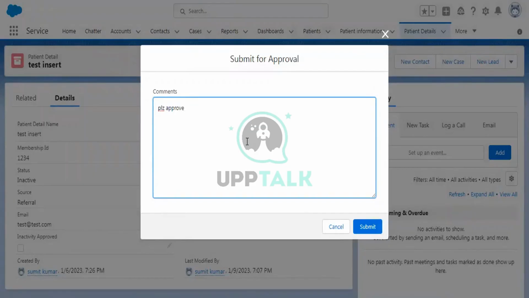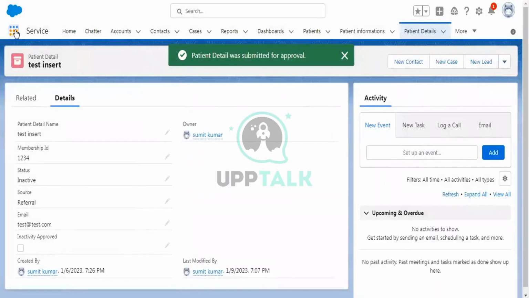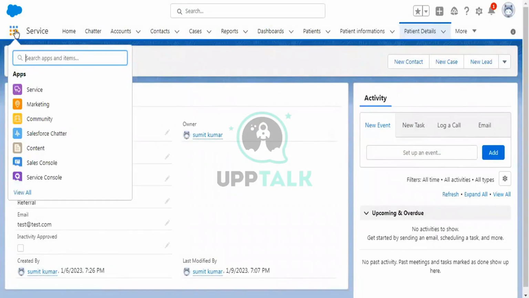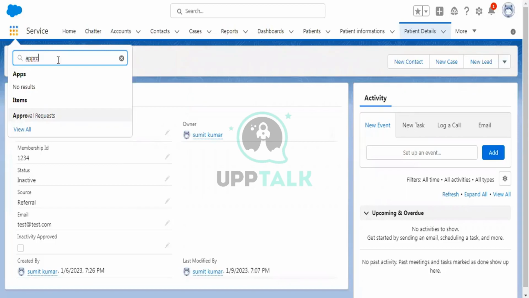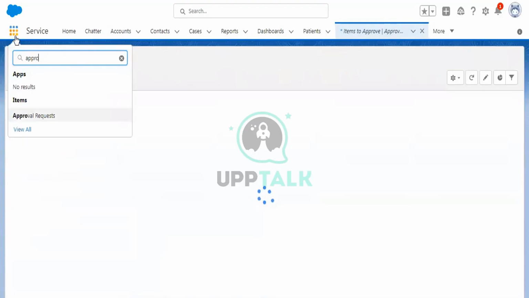I will add some comments: please approve inactivity, let's say non-willing, and click on Submit. As soon as I have submitted, it will go to the approver. Who is the approver? I am the approver. There is a tab called Approval Request. You have to click on